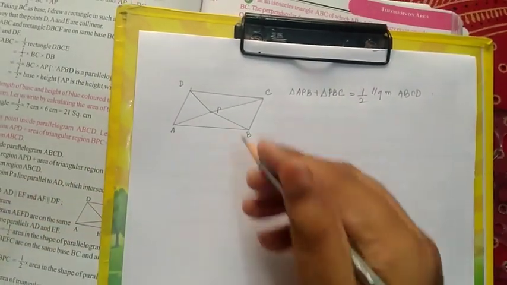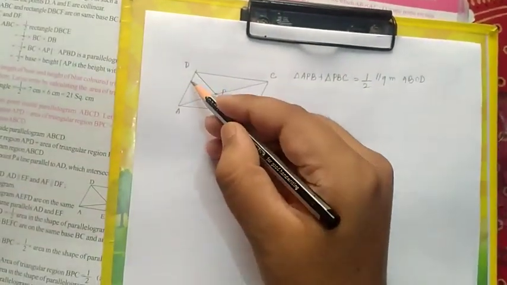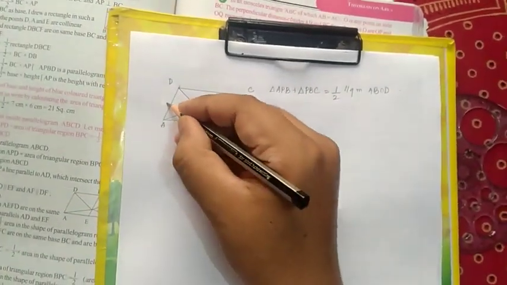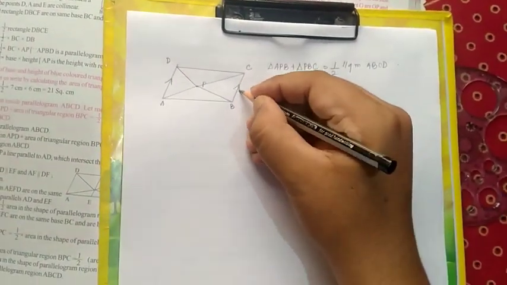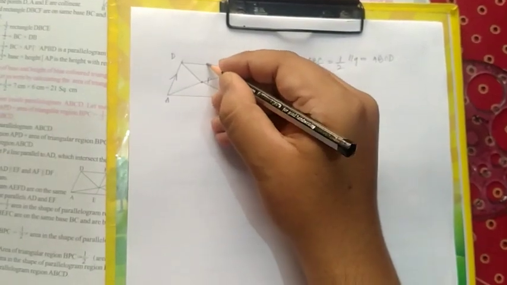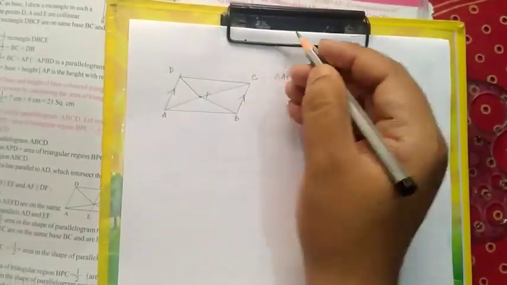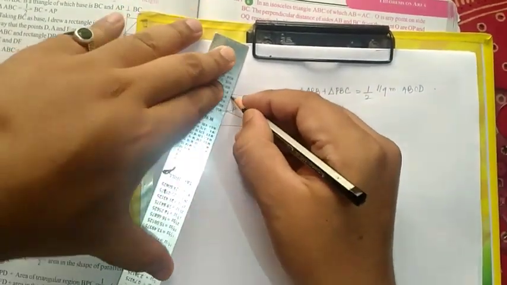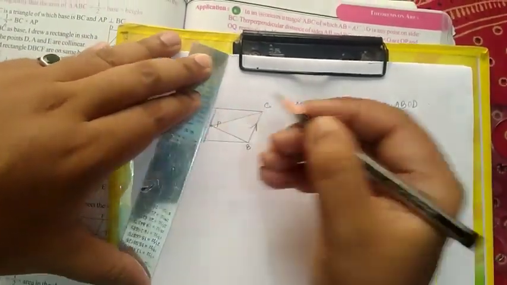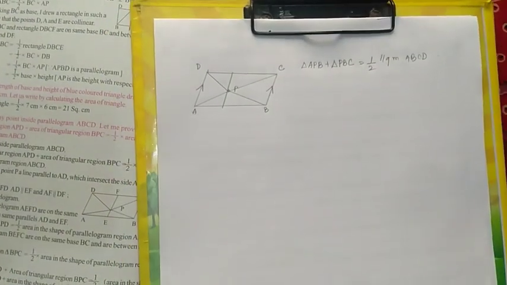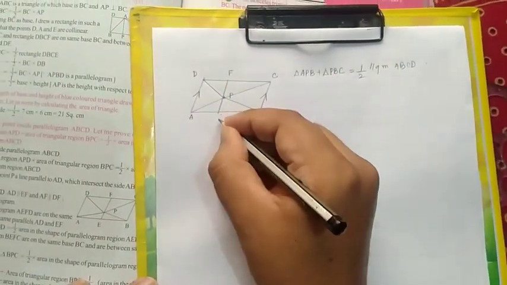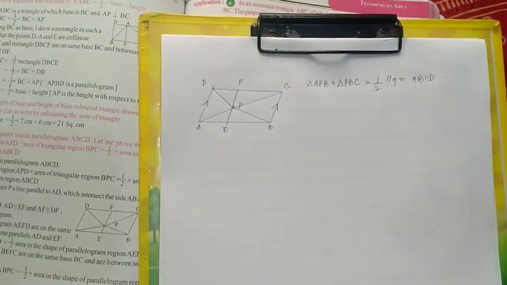Through the point P, we have to draw a line which is parallel to AD and parallel to BC. These are parallel sides of the parallelogram. So if we draw a parallel line to AD, it is also parallel to BC. So this is the parallel line. Name them: this is F and this is E. Now